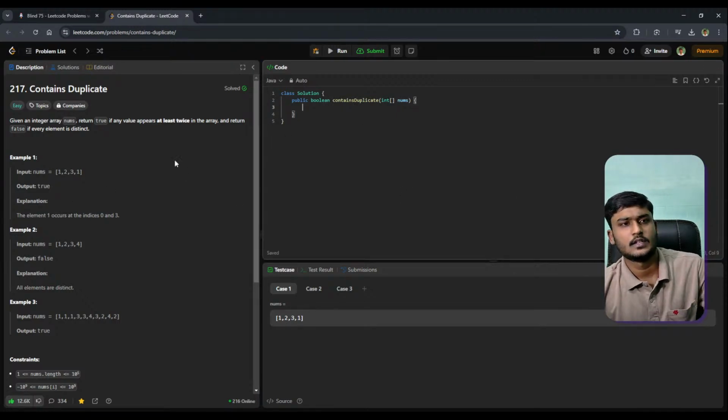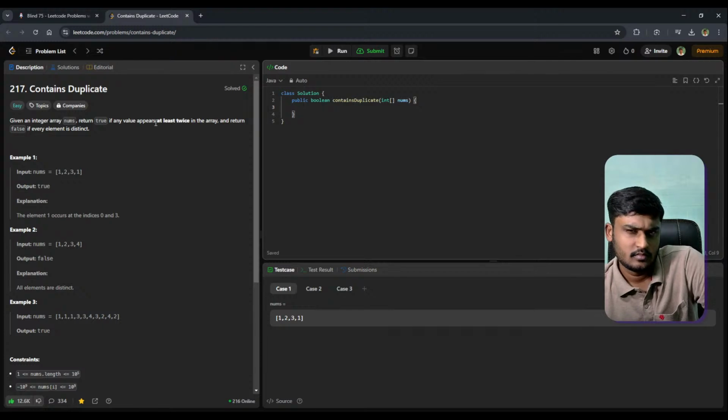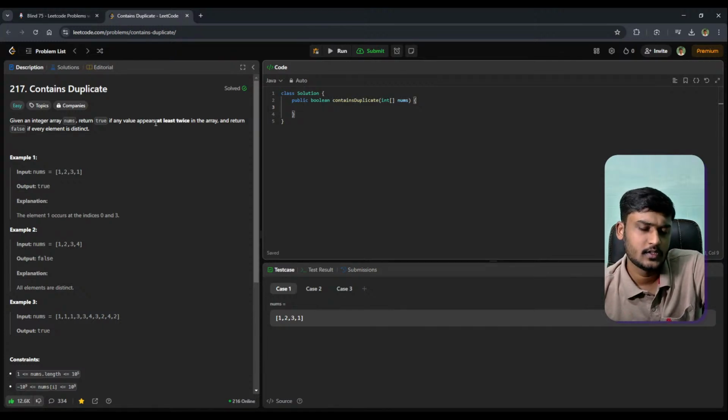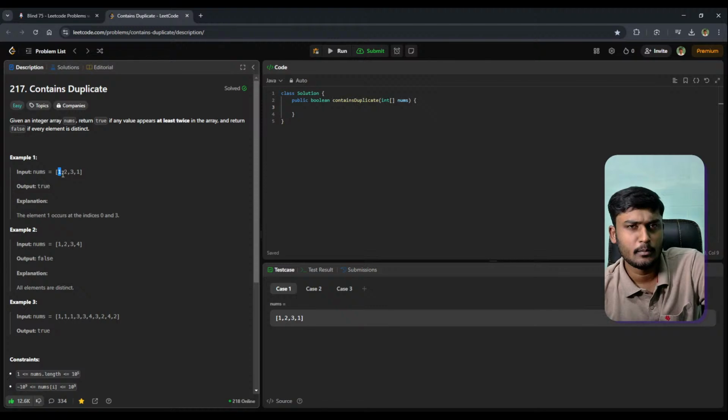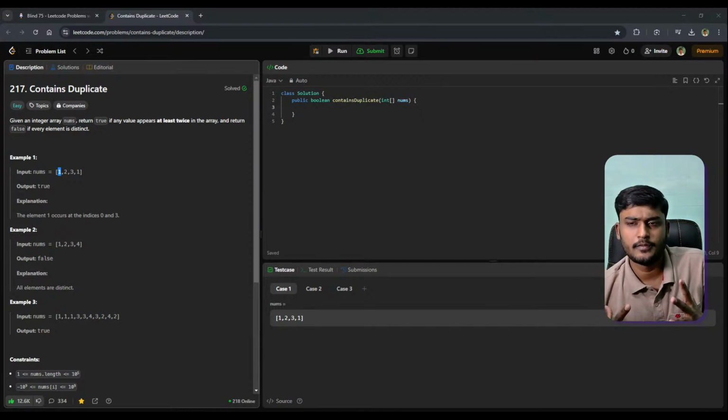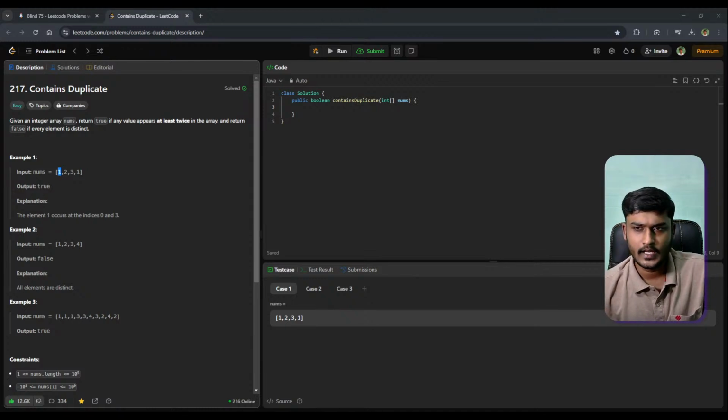Okay, let's get started. The very first thing that comes to mind is the brute force approach. What is the brute force approach? We have to find if the same number occurs again in the array. So we loop through the array and check if the value occurs in the remaining part of the array. We are at index 0 and there is this number 1. We will check index 1, index 2, index 3 to see if 1 exists.